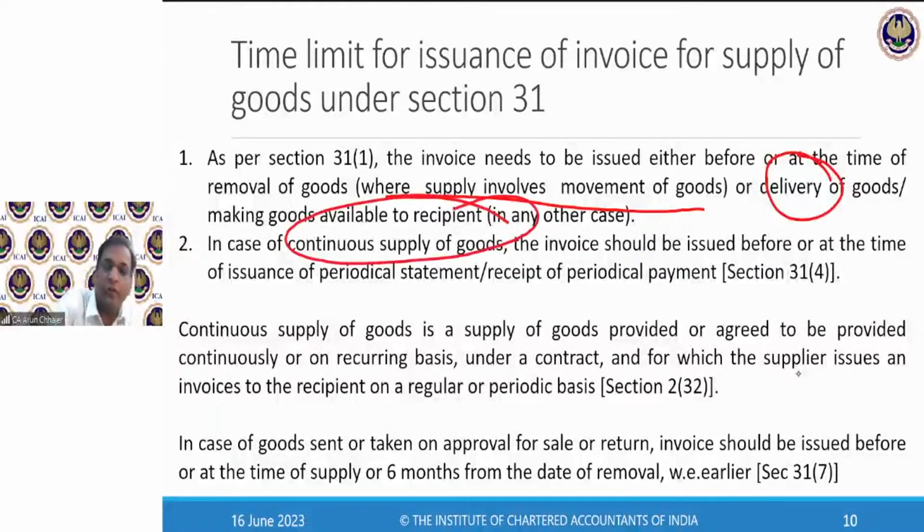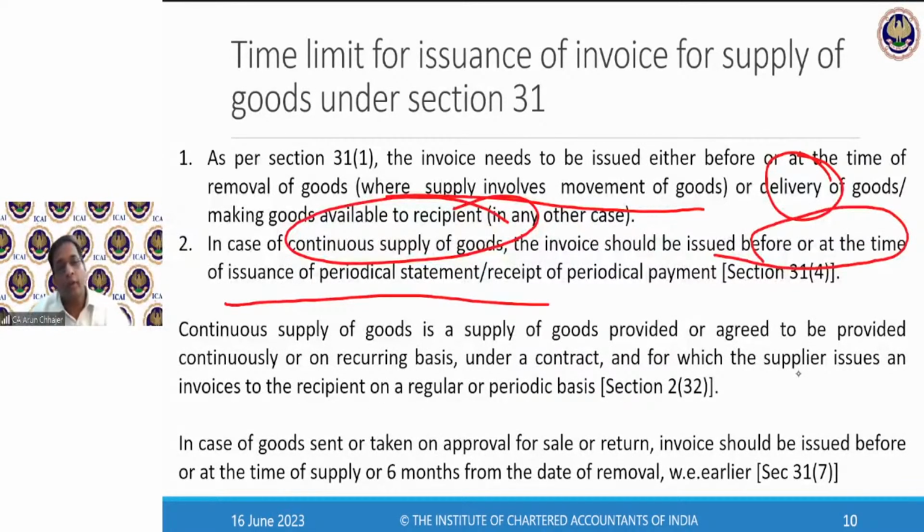And there is a concept of continuous supply of goods. The invoice should be issued before or at the time of issuance of the periodical statement or payment. In the morning, I gave you the example of continuous supply of goods. Let's say Mr. A comes to your factory and delivers Bisleri bottles on a daily basis, or supplies newspapers on a daily basis,